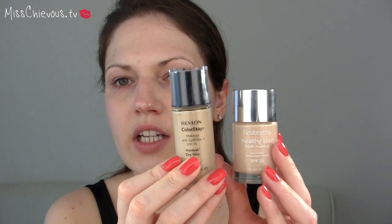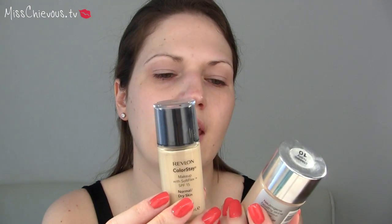So for foundation, I'm going to be using these two. This is the Revlon Color Stay and the Neutrogena Healthy Skin. The Color Stay has a very matte finish, and it's quite intense, and the Healthy Skin definitely has a bit more of a glowing finish, and it is lighter. So I just buff these together using the Sigma Flat Top Synthetic Kabuki. It's the F80. This is my favorite foundation brush, and I just stipple that all over a bit, and then